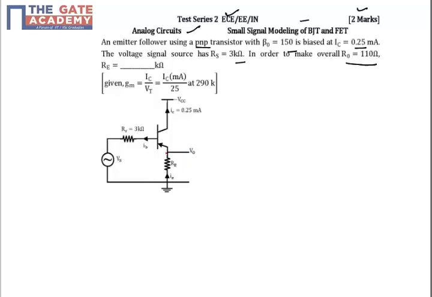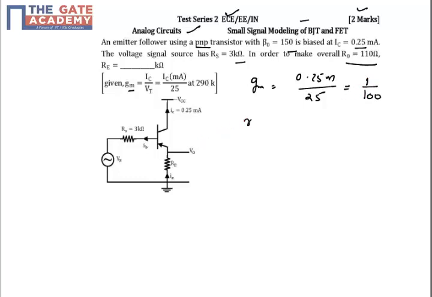So we know that the question gives the relation for gm. This relation for gm is used in the r-pi model. So if the relationship of gm is given to you, we can calculate the value of gm, because IC is also given as 0.25 milliampere, divided by 25 millivolt, that is VT, the thermal voltage. So you will get the value of gm as 1 by 100 Siemens.